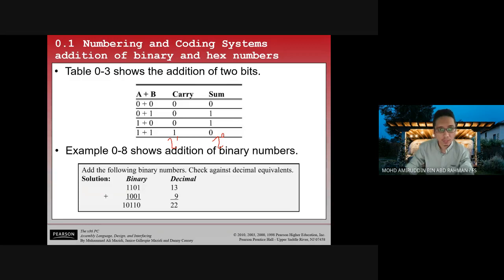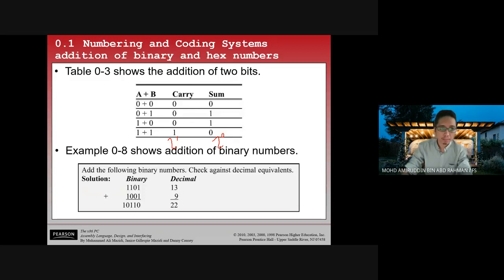Okay, so when 2 to 1 is 1, so of course this will be equivalent to 2. Okay, and then when 2 to 0 is 0, of course it's 0. Okay, and then when 2 to 0 is 1, it will be 1, and also 1, and of course 1 times 0 will be 0. Okay, I hope you are clear with that. All right, and then